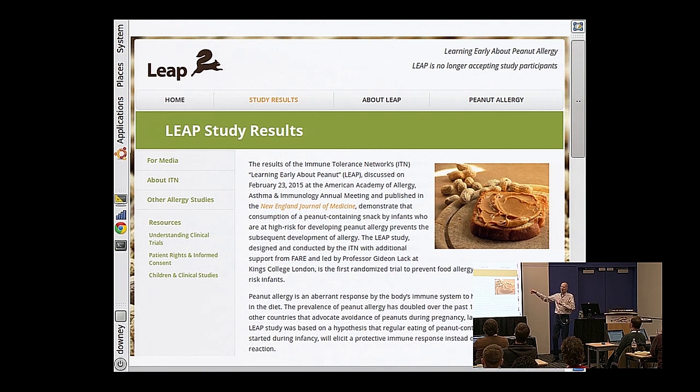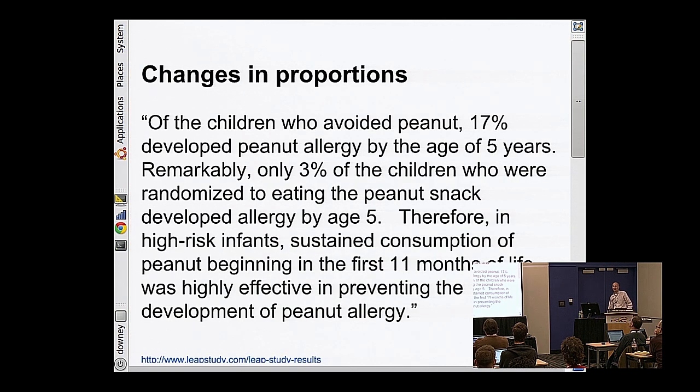This is a really interesting study that just came out a few weeks ago. How many people heard about that if kids grow up not eating peanuts, they are more likely to have a peanut allergy than if they grow up just eating peanuts throughout their whole lives? Saw this study? Excellent. Really interesting study. In part, this is an interesting study because the effect size is really big. As medicine and epidemiology goes, this is the biggest effect size I think I've ever seen for an intervention that is as minimal as withholding or giving peanuts.